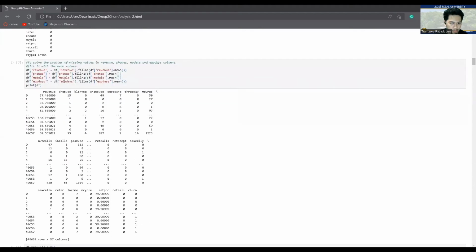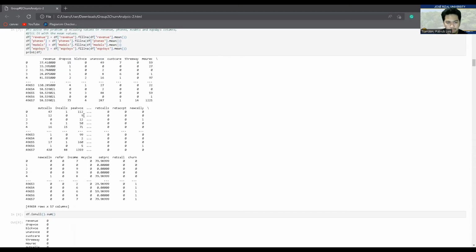So to resolve the missing values, we don't delete any records, but we apply a mean value in order to proceed to the next process.